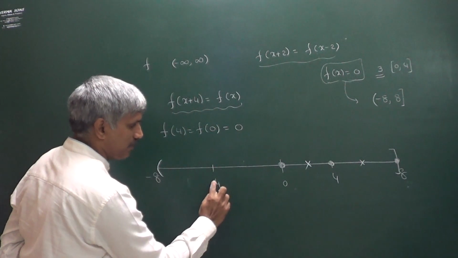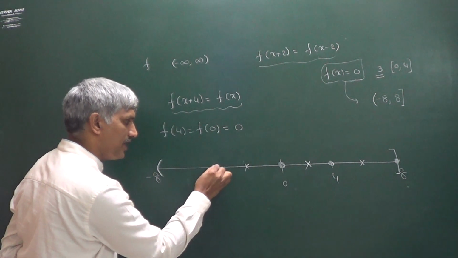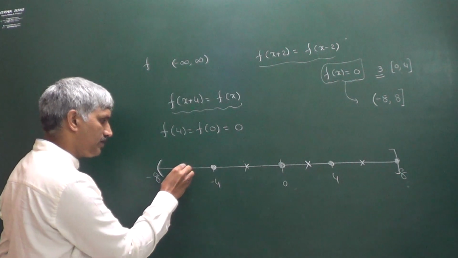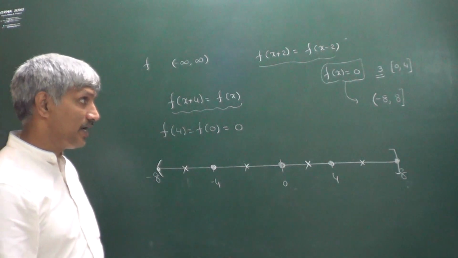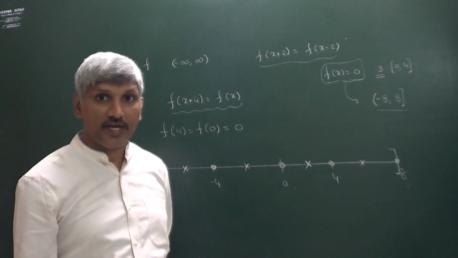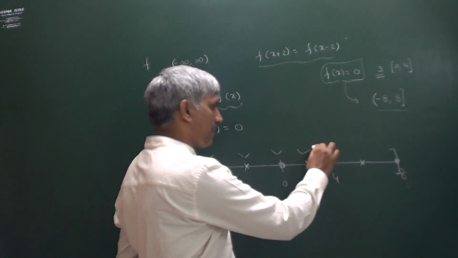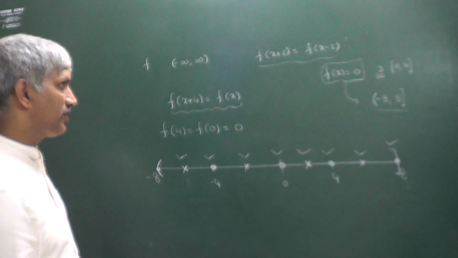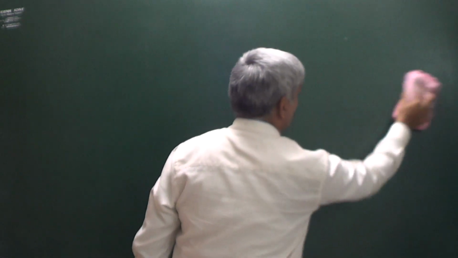Now here also between minus 4 and 0 there is one root. At the same time this minus 4 is also a root. Now again, because of 4 units length between minus 4 and minus 8, definitely there is a root, and minus 8 is also a root. But he is asking in the open interval minus 8, closed interval 8, the number of roots. So 1, 2, 3, 4, 5, 6, 7 and this is the final one. Total 8 roots are there for the equation f of x is equal to 0 in the open interval minus 8 to closed interval 8. So this is another type of question.